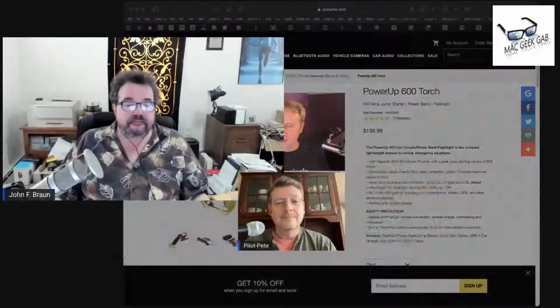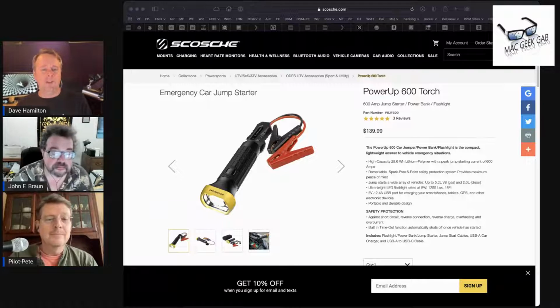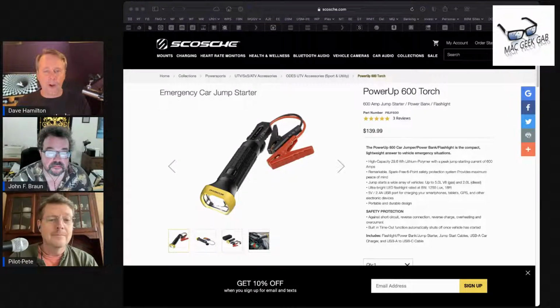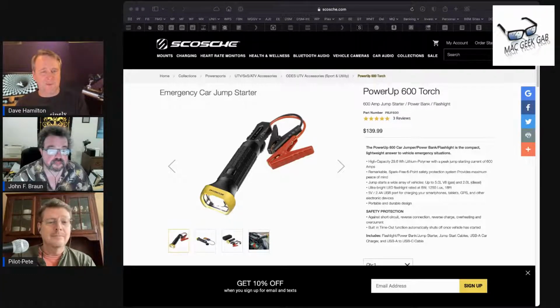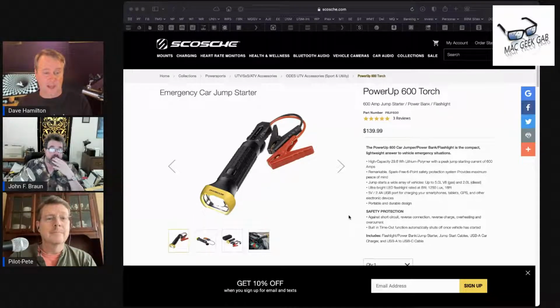The next thing that I found is from Scosche. We were talking last week, I believe, about battery jump starter kits to have in your car. They've got their new PowerUp 600 torch, which is a battery jump starter flashlight all-in-one thing, and it's pretty compact.